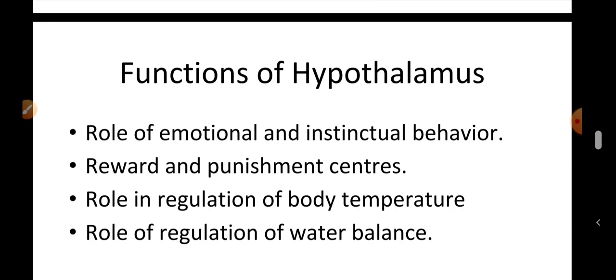So the reward center is located along the course of the medial forebrain bundle, especially in the lateral and ventromedial nucleus of the thalamus. Electrical stimulation of these areas encourages the animal to seek more of such stimulation. And the punishment center is located in the medial hypothalamus. Electrical stimulation of this area will lead to pain, fear, defense, escape reaction and the other elements of punishment. So, the experimental animal will avoid further stimulation of this area.